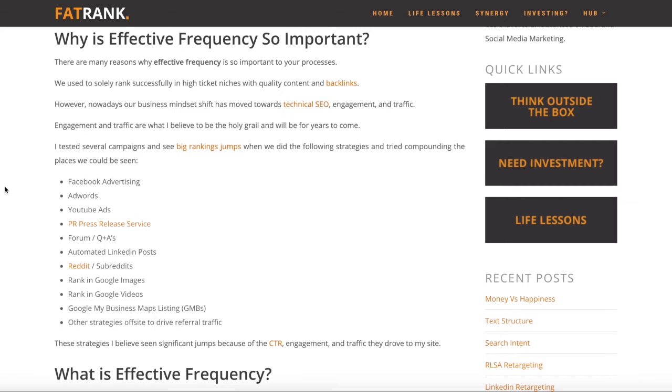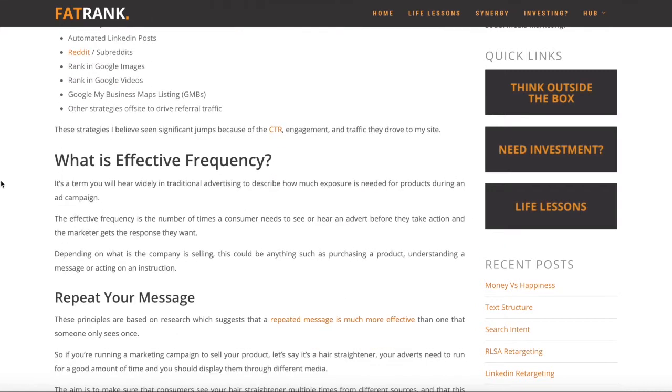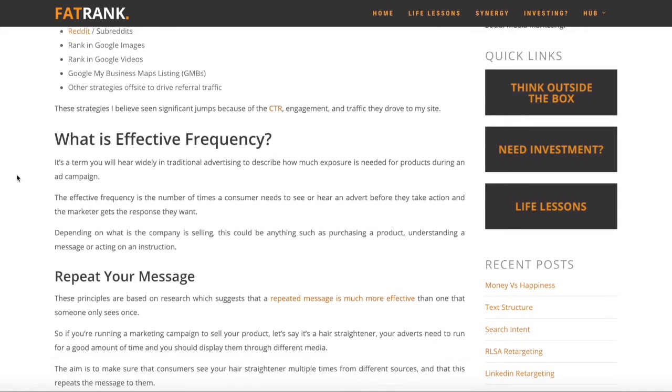anything to get your brand out there and make you as reputable as possible. For example, with social media campaigns, if people are tweeting about your product, you can go back to them and keep going at them with your product, and then they might see you there, they might see you on Google, they might see you on Facebook. Not only does it mean that they're more likely to click on you, but it instills in their mind that you're actually quite a reputable brand, and a brand that should be taken seriously within that specific market, really. So basically, this blog summarizes that, but goes into a lot more detail.